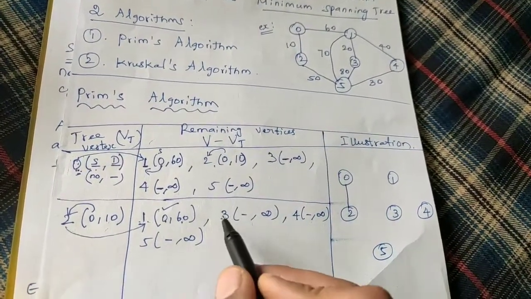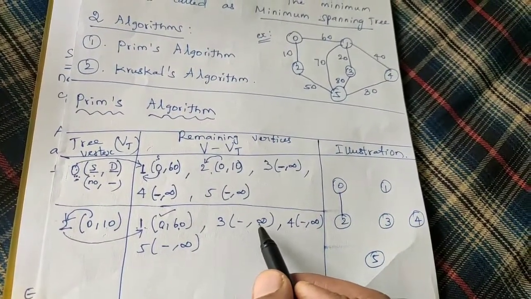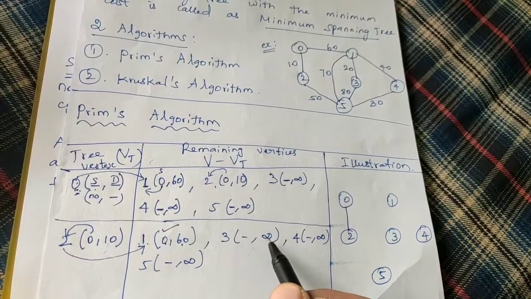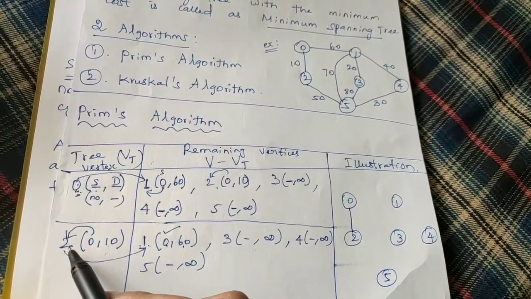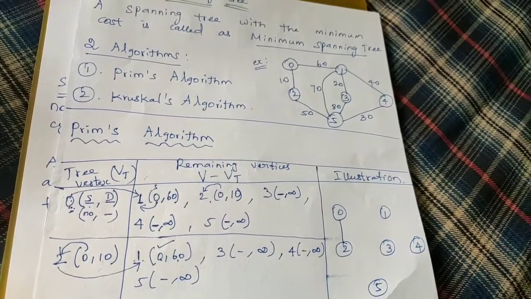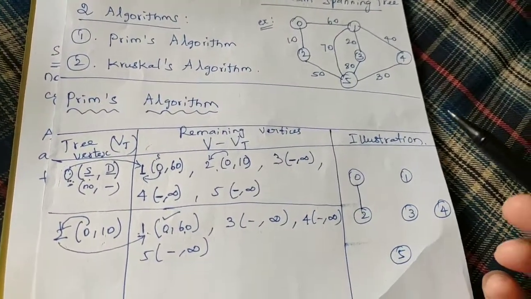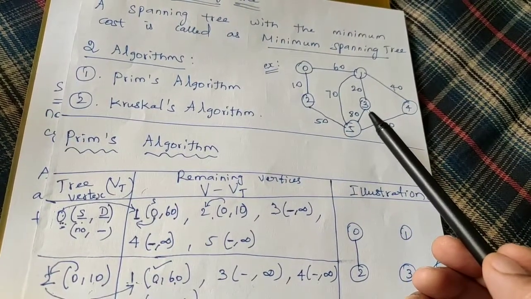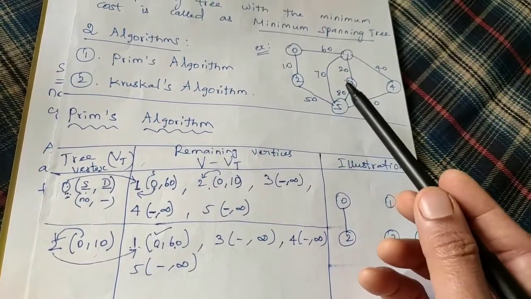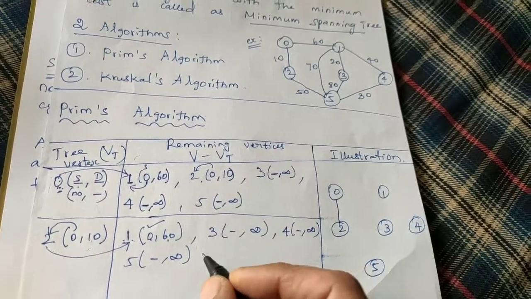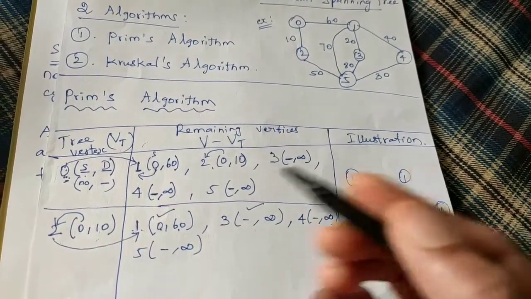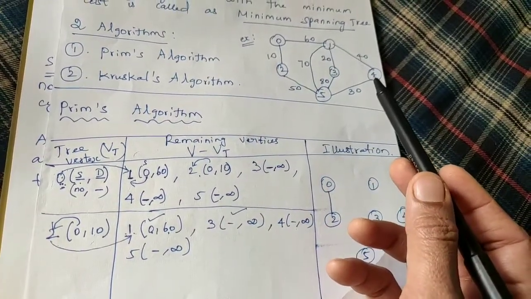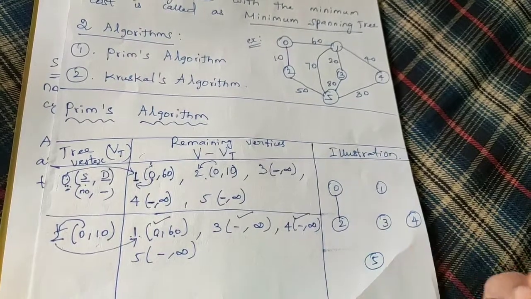Now 2 to 3, you see the distance already specified is infinity. So let us try to visit from 2 to see whether I can get a value lesser than infinity or not. So 2 to 3, let us see. 2 to 3 also it is not possible to visit because there is no direct connection. So this also remains as it is. Now let us go for 2 to 4. 2 to 4 is also not possible to visit. This also remains as it is.